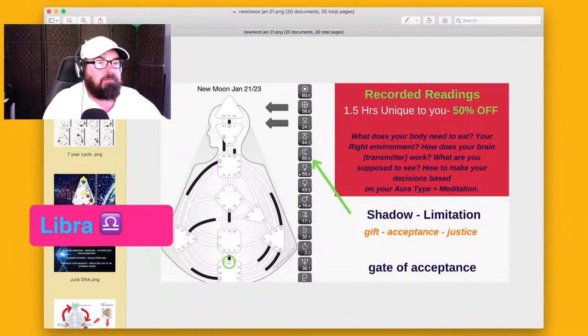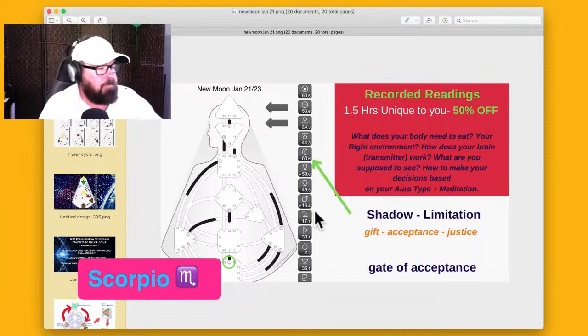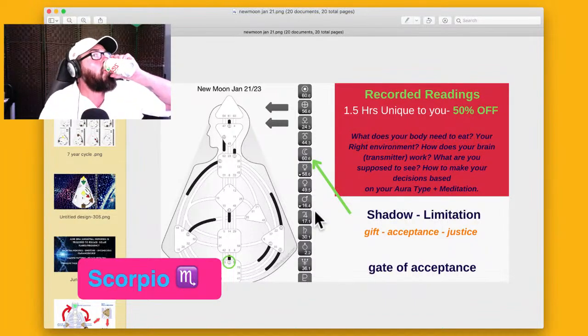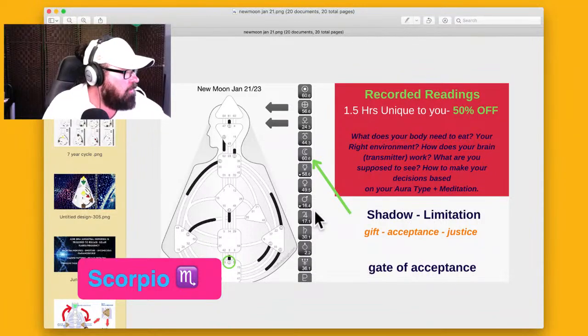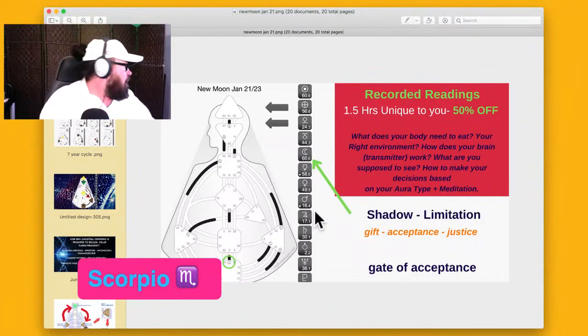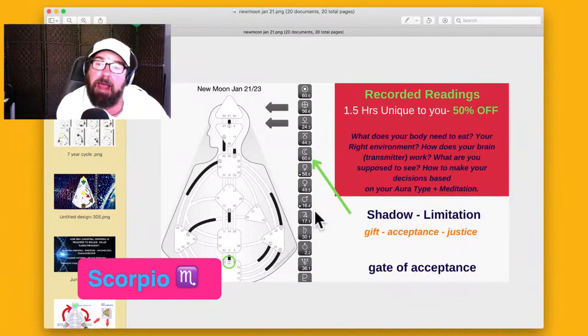Okay. So let's go for Scorpio. So Scorpio is in the third house, the shadow of limitation. So you can go back to watch the beginning to find out more about this shadow for this new moon.